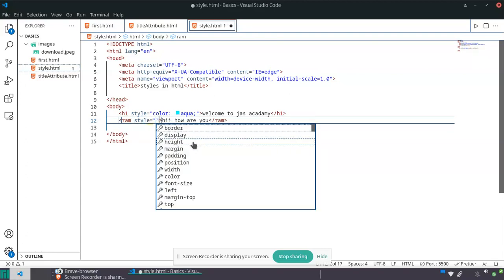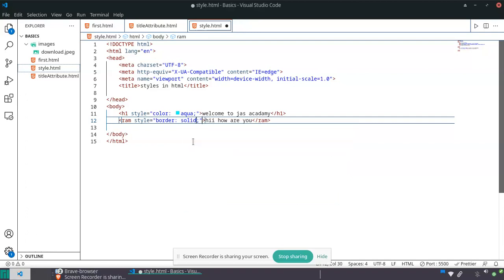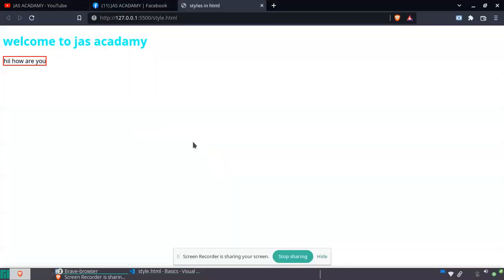Let's design the border: it should be solid, 2 pixel, and the border color should be red. Save that. Go to that. See,